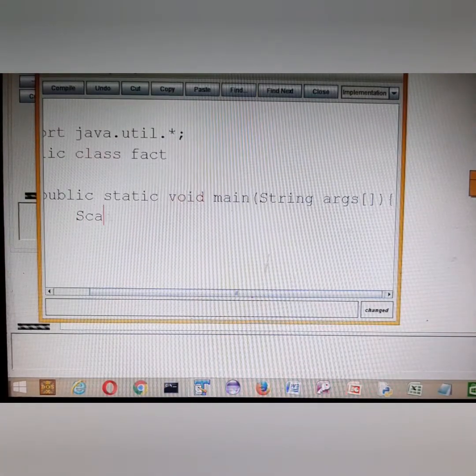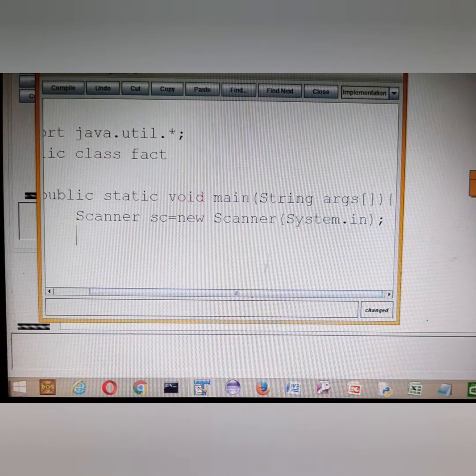With Scanner, we are going to take the input. System.in, as you people know, is the keyboard.